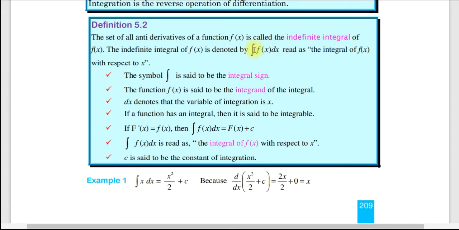ሳይሰጥ ከቀረ ነው። ቀደም ኢንትሮዳክሽን ፓርት ላይ a up to b ተብሎ ተሰጥቶ ነበር፤ a up to b ተብሎ ከተሰጠ ያ ነገር ምን እንለዋለን፣ ዲፋይናይት እንለዋለን። ነገር ግን ሬንጁ ካልተሰጠ indefinite integral እንለዋለን ማለት። So ይሄ ሲምቦል ምን ይባላል፣ the integral sign። The function f of x is said to be integrand of the integral፣ f of x integrand ይባላል። dx denotes that the variable of integration is x, okay, integrate የሚደረገው variable x መሆኑን